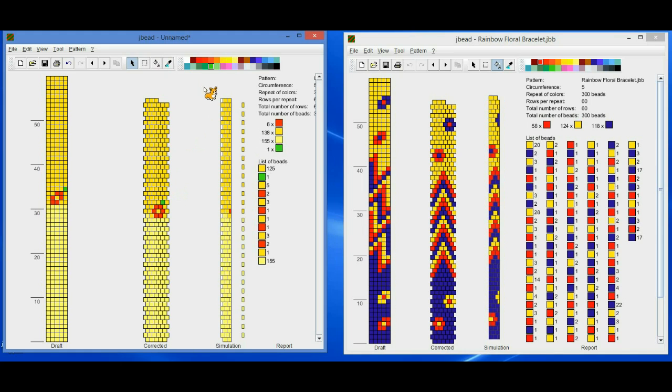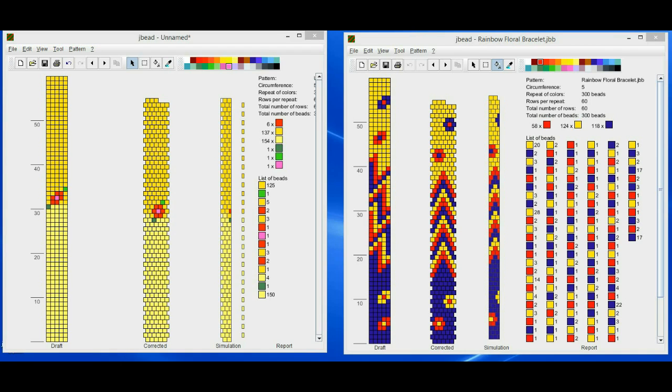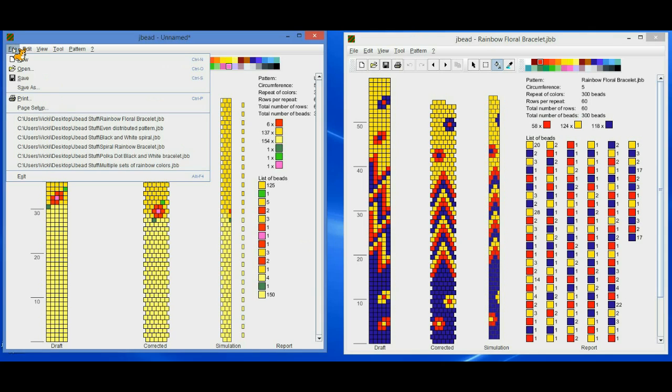After you finish your design, you can begin stringing your beads onto your thread by following the draft diagram or the list of beads. And again, as I said earlier, I prefer to use both. After you finish your design, you can save it by pressing the File button and Save. Or you can print it.